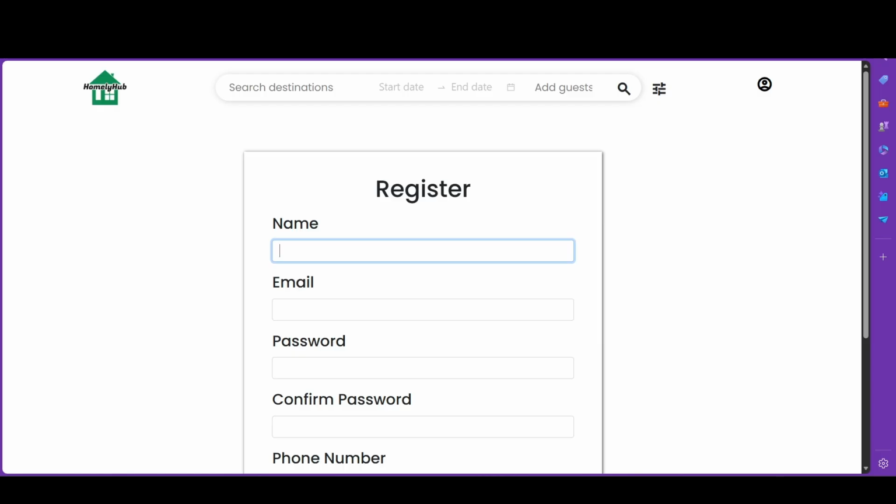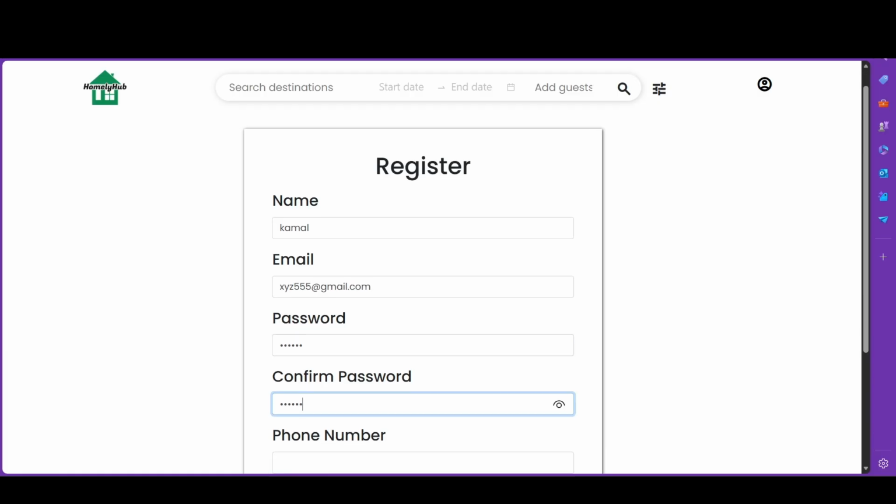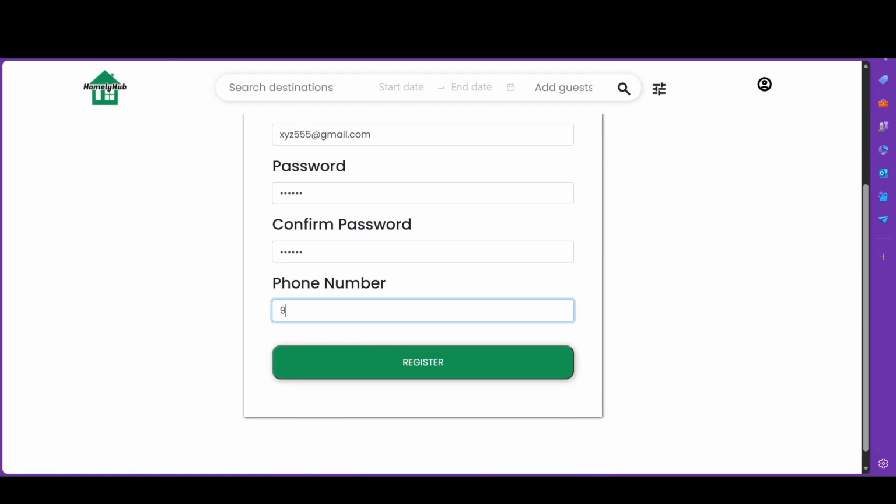We put in a name, for example, Kamal, and put in some email like xyz555@gmail.com and a password, and we confirm the same password again, and a phone number, and when we click register